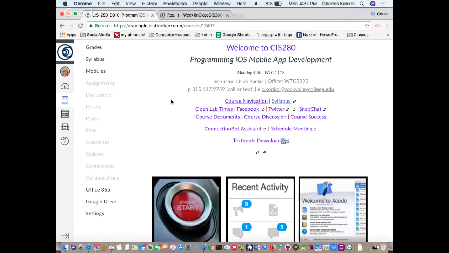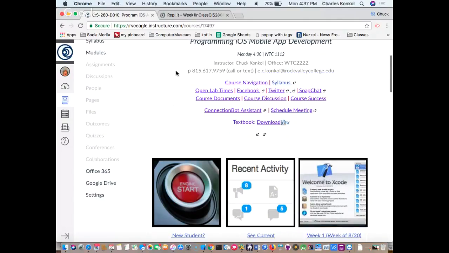All right, so iOS mobile app development. This is one of the 3 courses needed for the mobile app certificate, which is Logic, CIS170, CIS280, which is this class, and then CIS245, which is the Android class, which we teach in the spring. Those 3 courses combined, you can get, if you want, a mobile app certificate. It gives you the base knowledge for mobile app development. And so, with that said,